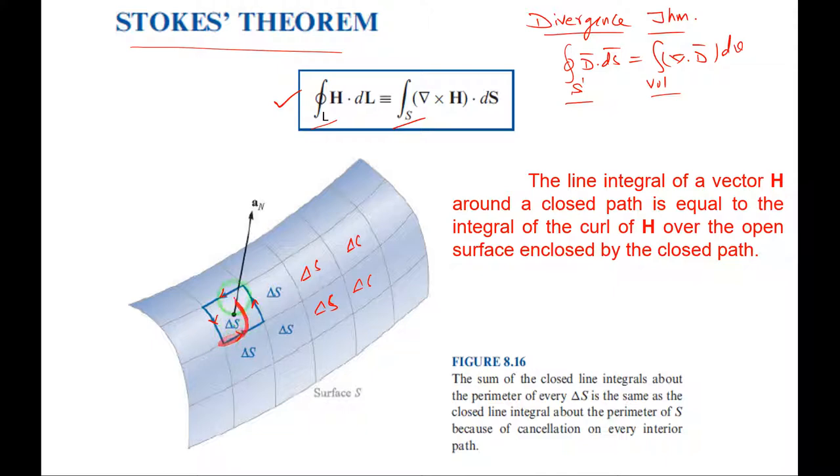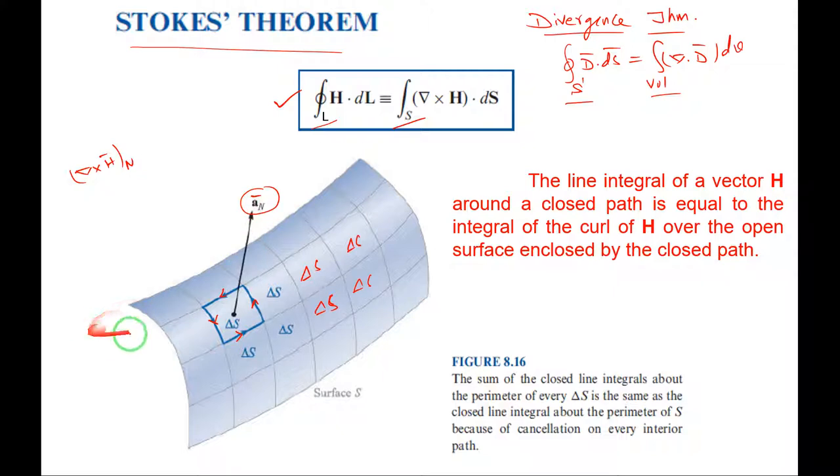Okay, then the curl of H, if I take the curl of H and we will write n here, n means the curl effect will be in the normal direction, means here the normal direction is indicated by the unit vector normal to the surface, that is an vector, right? This is the unit vector normal to the surface, and it can be downwards also, but why it is upward? Just use the right hand thumb rule and check it, right? The thumb is not indicating the direction of current here, the thumb is indicating the direction of the vector, and the folded fingers will tell you the direction of the unit normal vector normal to the surface, right?